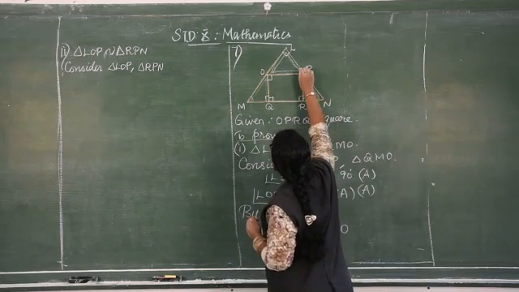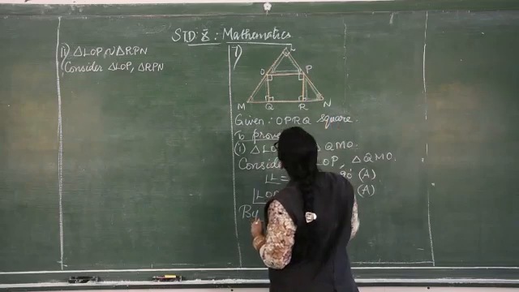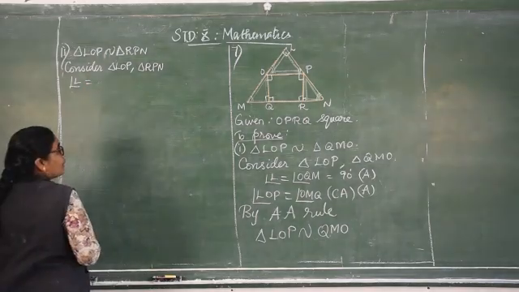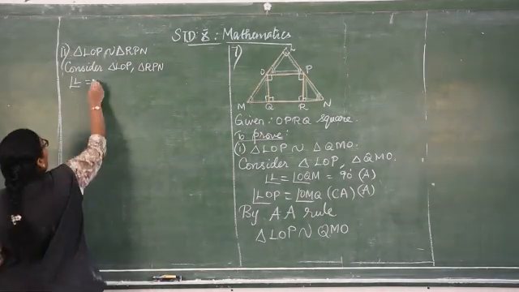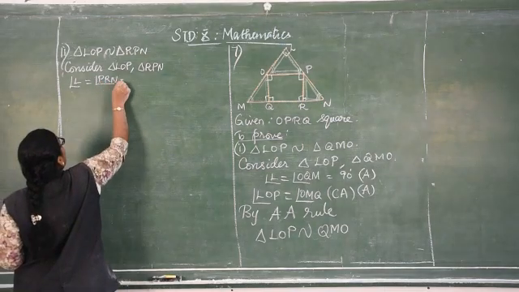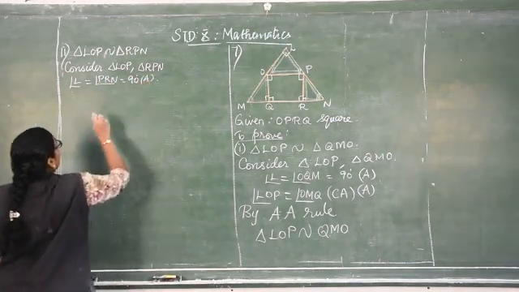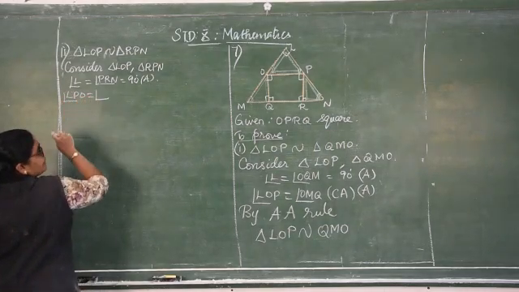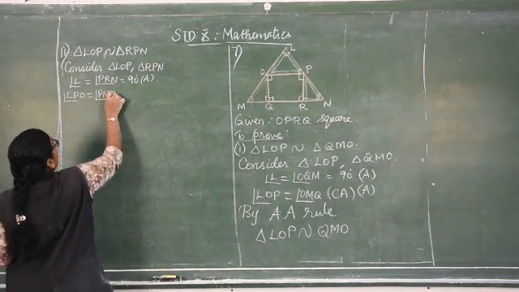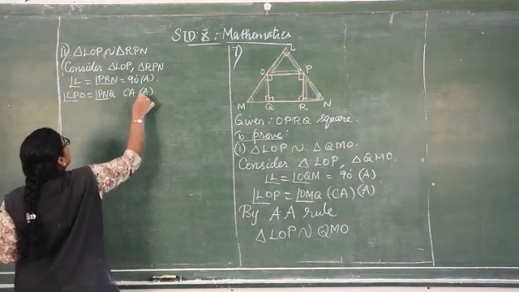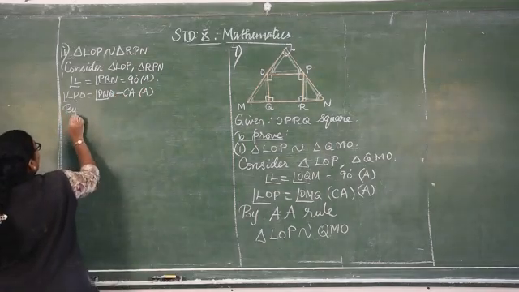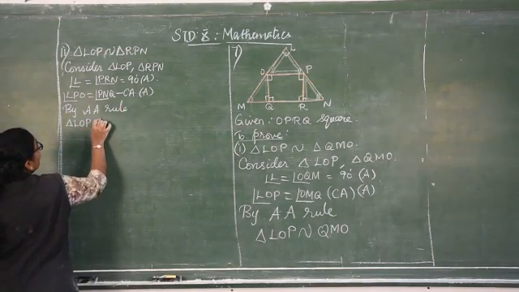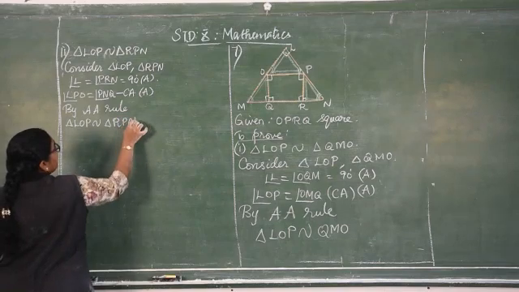Now as per here, this is your corresponding angle in the two triangles. Now again I will write measure of angle L is equal to, what is your measure of angle? 90 degree in that one. I will write PRN is equal to 90 degrees, so it is angle. Then again measure of angle LPO is equal to measure of angle PNQ, corresponding angles. So we can write by angle rule, triangle LOP is similar to triangle RPN.